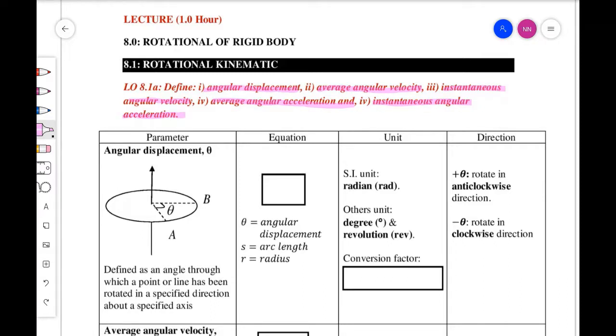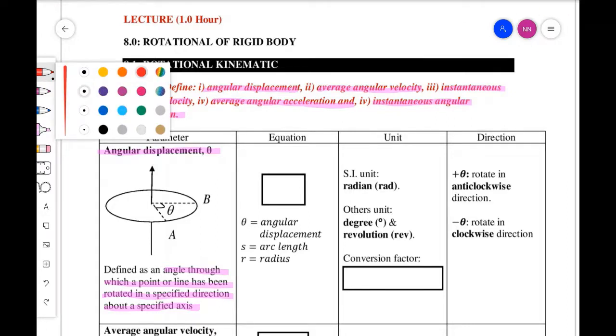For angular displacement, the symbol is theta. It is defined as an angle through which a point or line has been rotated in a specified direction about a specified axis. The equation for angular displacement is S equals R theta,